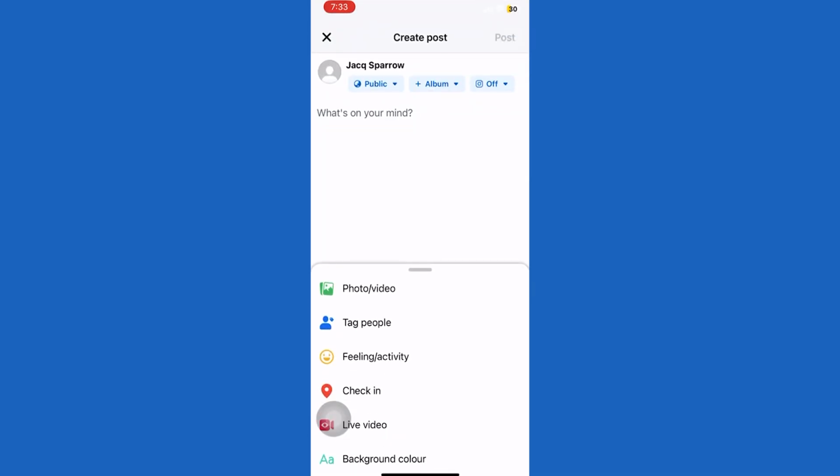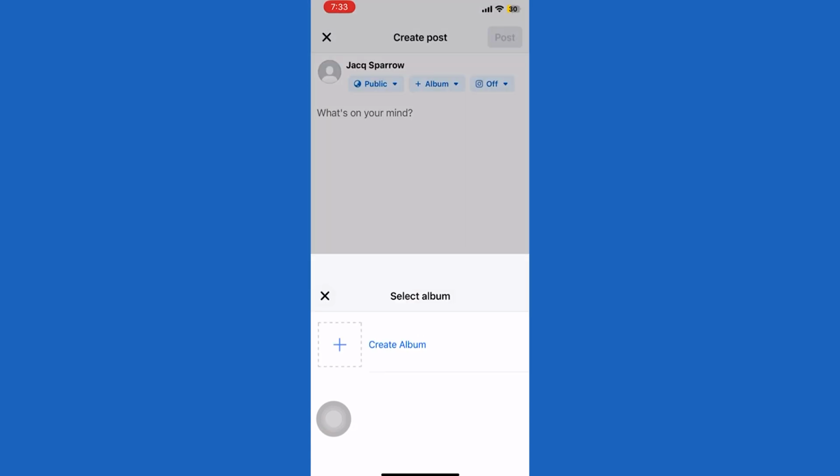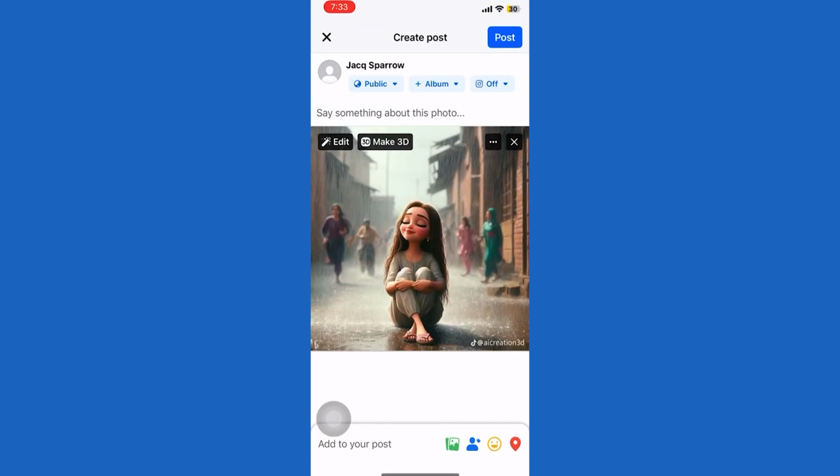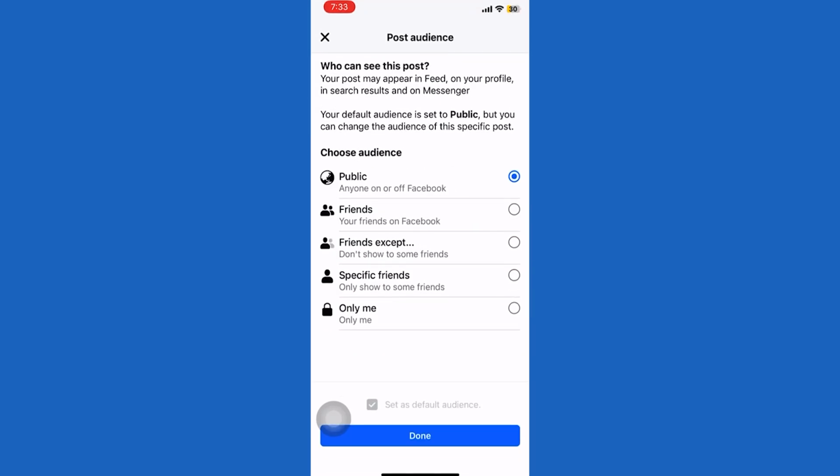First of all, open up your Facebook app. I am just going to go ahead and create a post here. The very next to the album, this will indicate friends, so set your post to friends only. It shows who can see your post, and then you're selecting friends, so only your friends will be able to